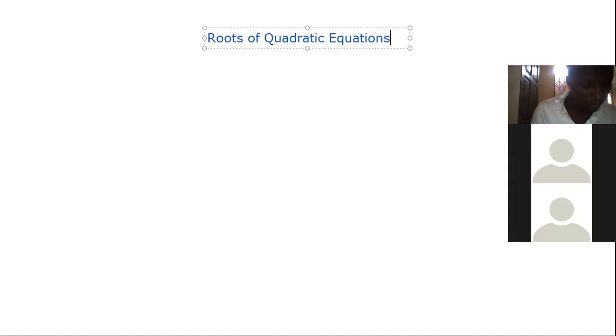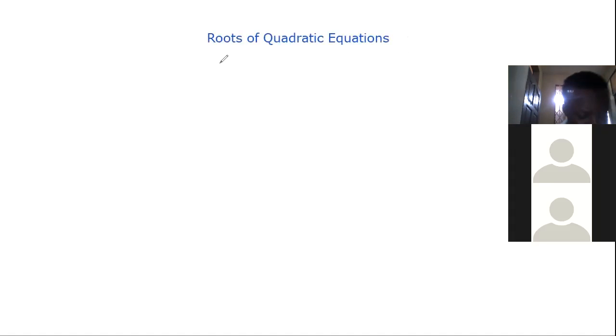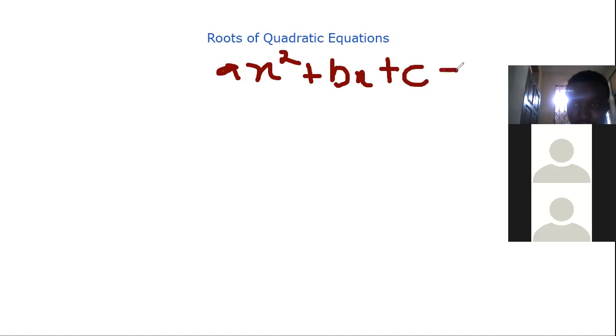Now, when we are talking about roots, the solution of general roots, that is what we use the almighty formula for. The solution of a general root is normally given by the almighty formula, for a quadratic equation of the form ax squared plus bx plus c is equal to 0. When we are finding the roots of this, we have x is equal to, using the almighty formula,